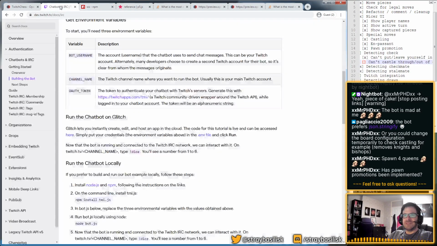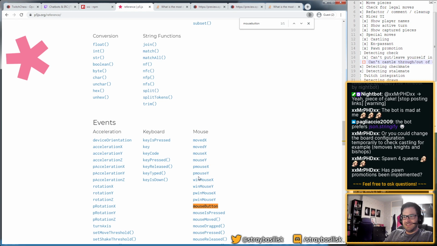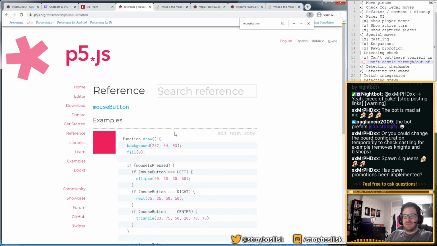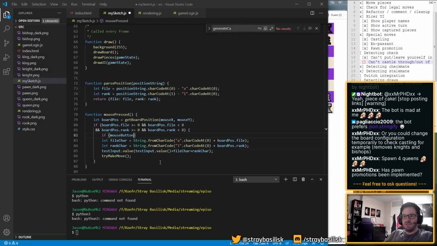I thought I'd implement the whole chat integration today. That is not happening. If mouse button equals left, okay. So if mouse button left, then we'll do this.